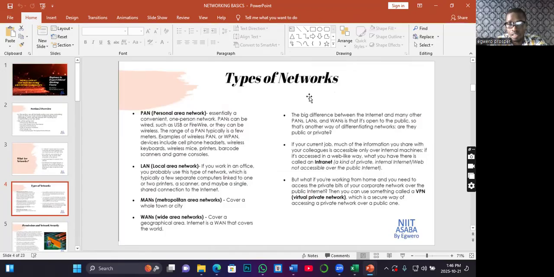A scanner, and maybe a single word share connection to the internet. This is one of the common networks, though we also have what we call intranets. Then we have the internet. There can be a particular network just within the company. So that one is called an intranet, while the internet is the worldwide